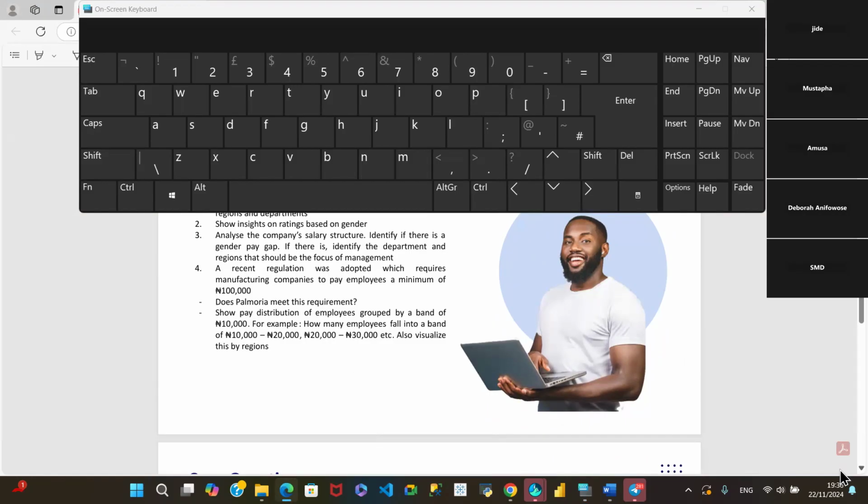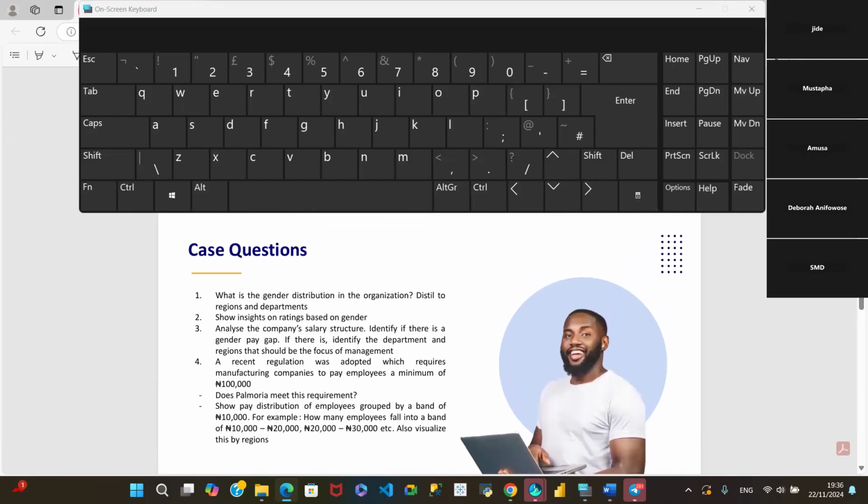Can you come down a bit to that number one? So what is the gender distribution in the organization? That's this. So can we look at